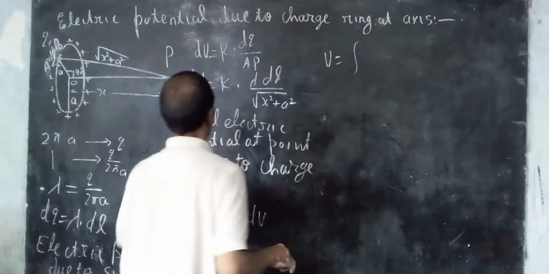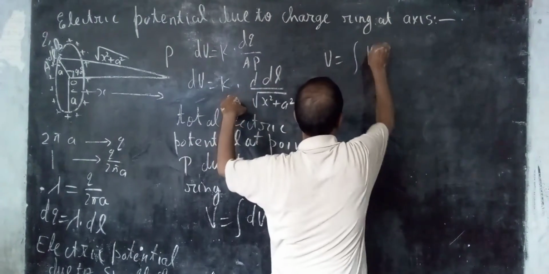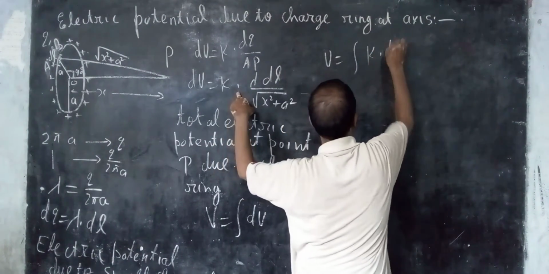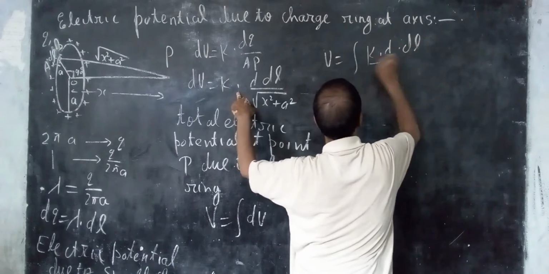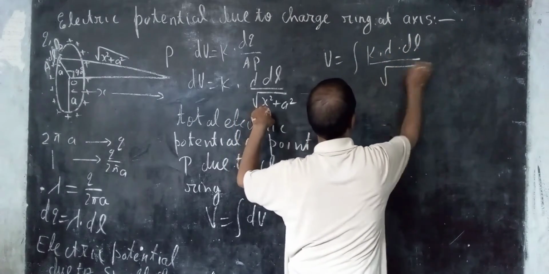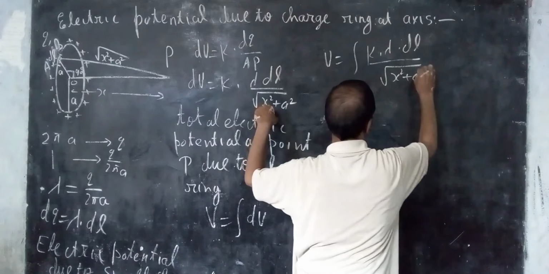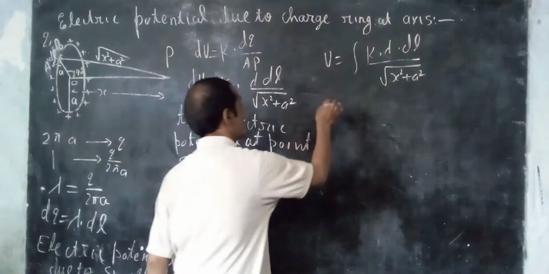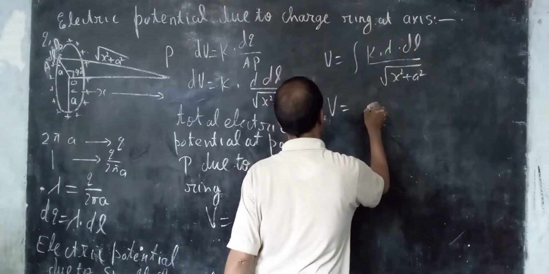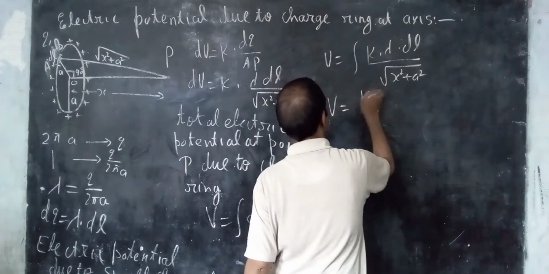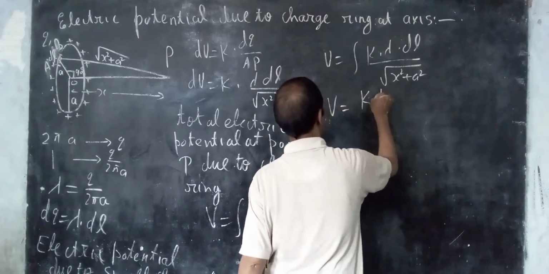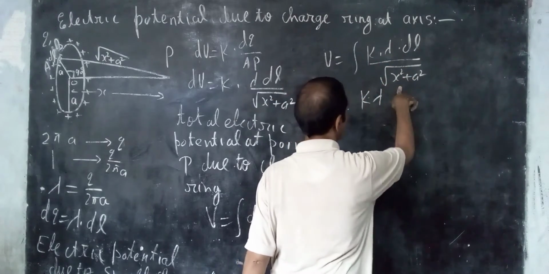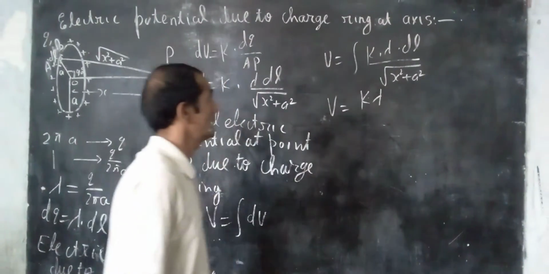The value of dV is k lambda dl upon root of x square plus a square. So integration of constant into function is equal to constant times integration of function. So k is constant, lambda is constant, and root of x square plus a square is